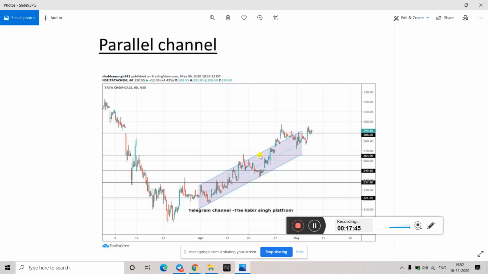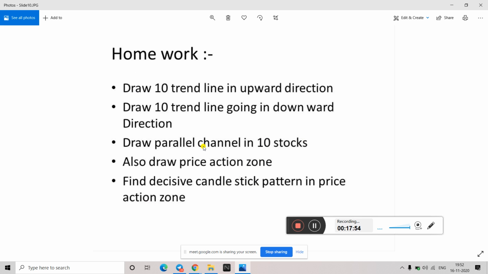See, trend lines are nothing but a combination of two trend lines. So your charts particularly should be looking like this. Okay, so it should look like this. So this is your homework,